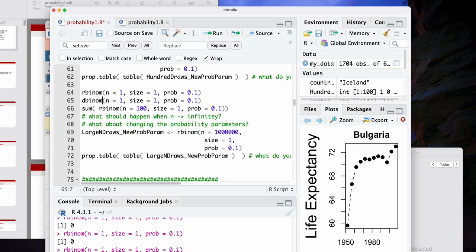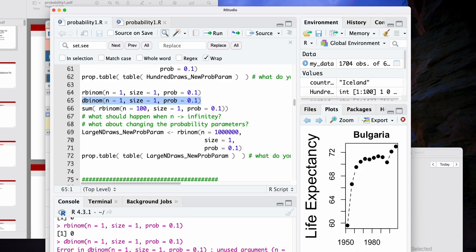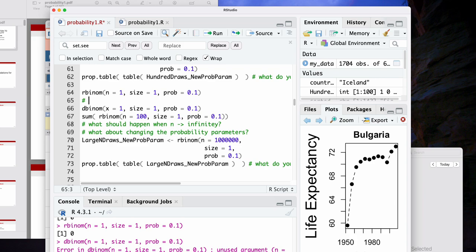The D binomial, so let's just try to do D binomial with the exact same parameters as before. If we run it, it's going to give us an error because it's not a way of generating random numbers. D binomial is a way of evaluating probabilities. So we're going to define something more precisely today called the support of the distribution. But the Bernoulli distribution has support on, it's either 0 or it's 1. So the support is this set 0, 1. And D binomial is a way for basically saying what is the probability of a 0, what is the probability of a 1.